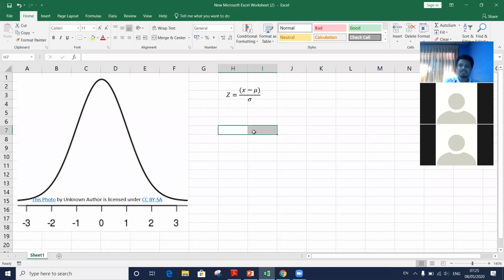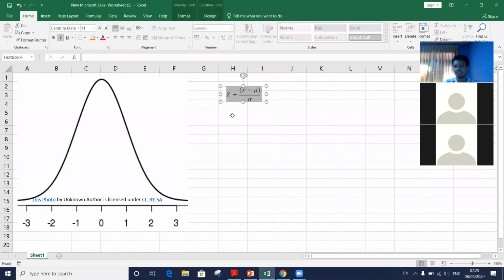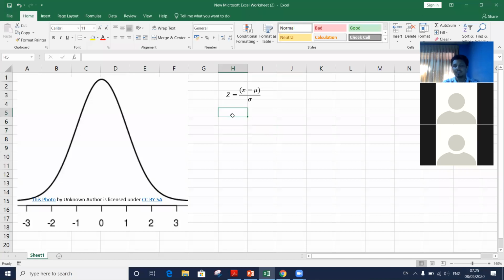Then the Z value that came for the maths student and the Z value that came for the art student, we can compare them to see who is the best performer and who is the weak performer, right? The same thing applies here as well. For that we need a Z table, or we call it the normal table. That is what I have uploaded to you.